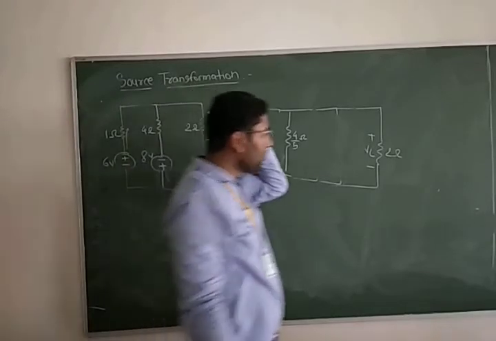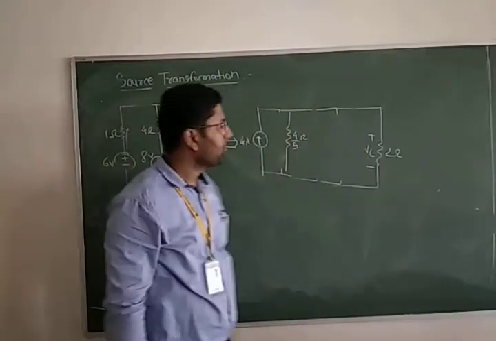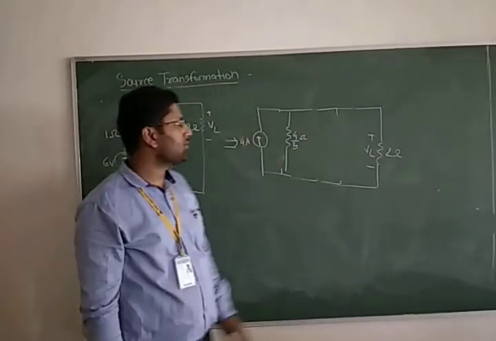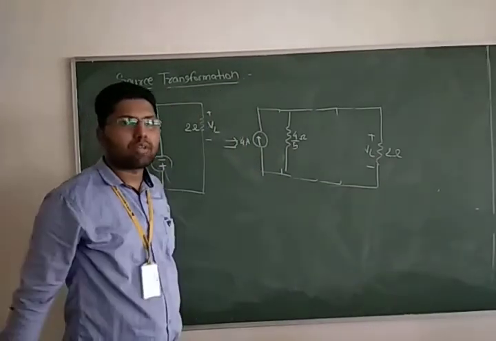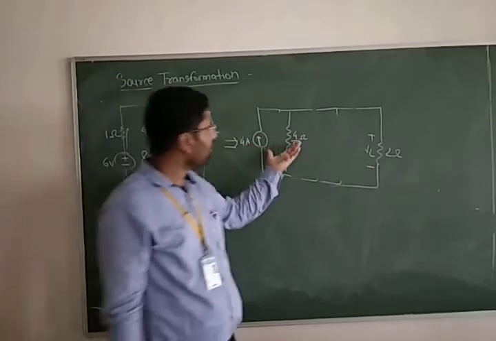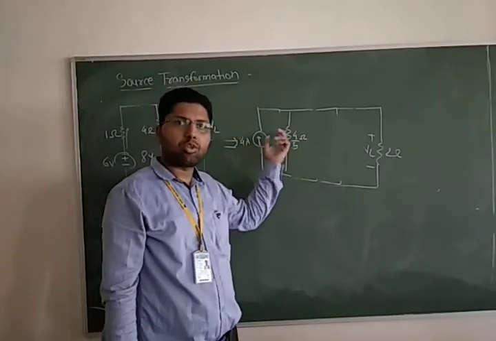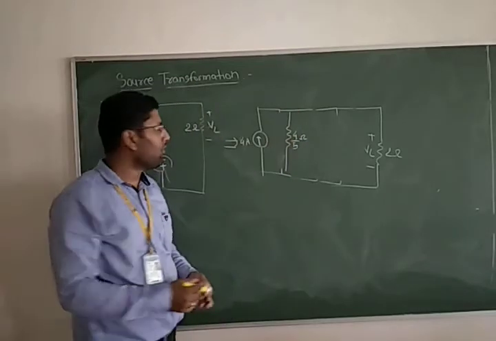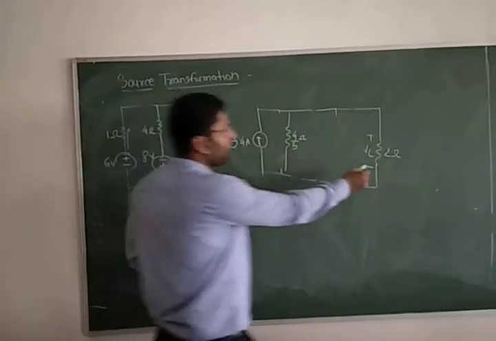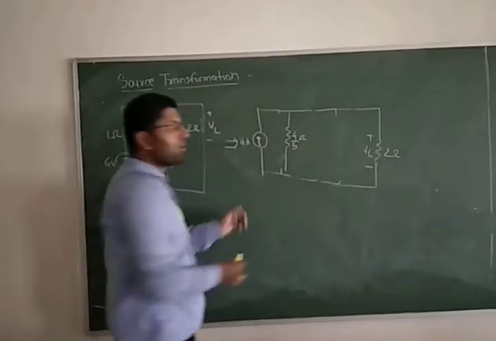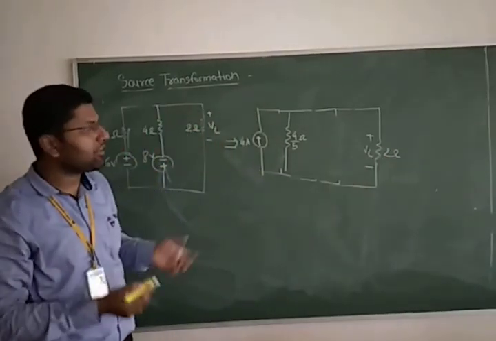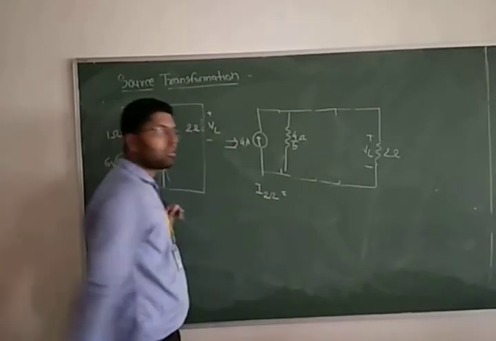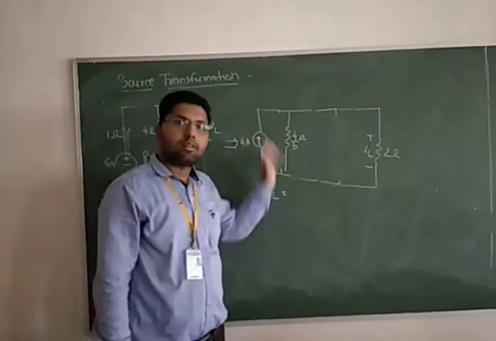Now you have to find out the voltage across this load resistance, the 2 ohm resistance. Now there are multiple ways to calculate it. You can convert that into a voltage source, which will be in series. So there are different ways. Now I will tell you directly how to calculate for the 2 ohm resistor. You can calculate the current through the 2 ohm resistor, by which rule? By the current division rule.